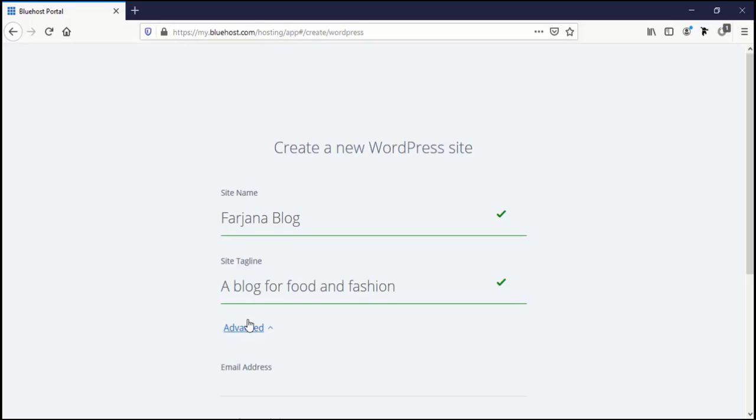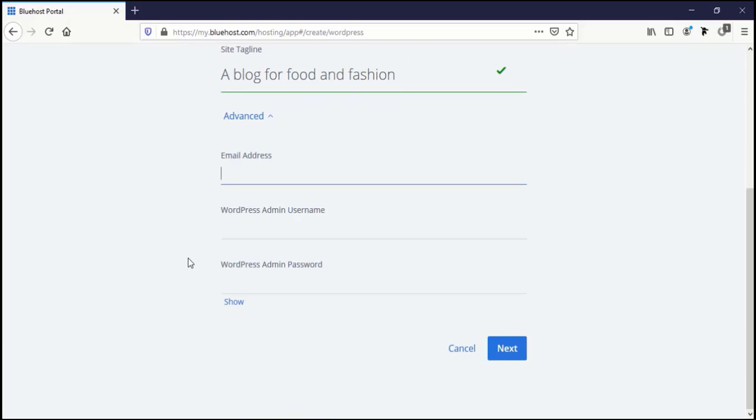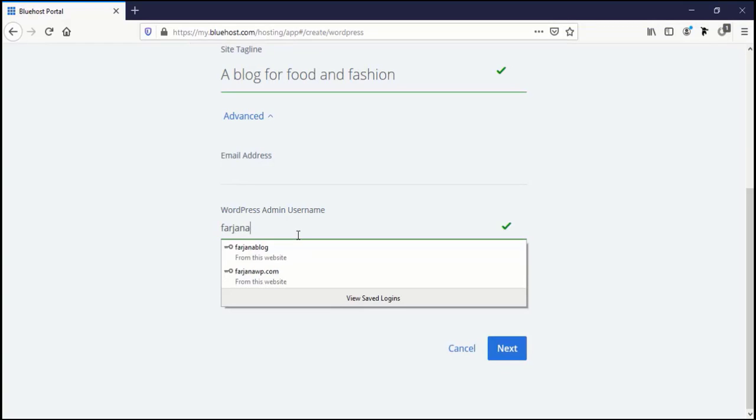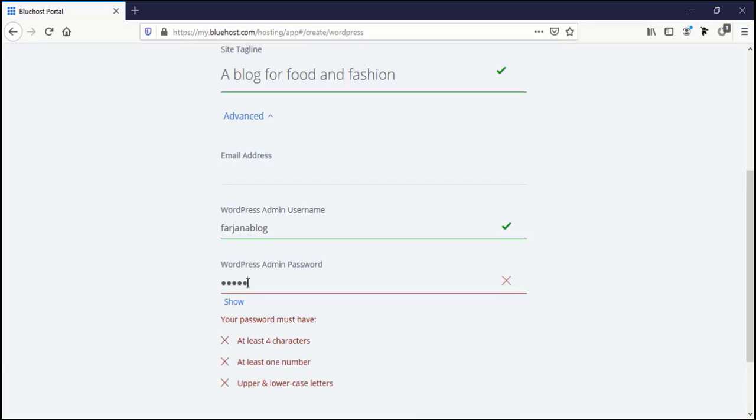And here is some advanced option. We can use it or we can skip it. Here we can type a new email address for our WordPress website. By default, here we will get an email address which is used for our Bluehost account, and here is the WordPress admin username. So here we can type a separate username for our WordPress site. I'm typing here Farjana blog, and here we can set a password. I'm typing a password,